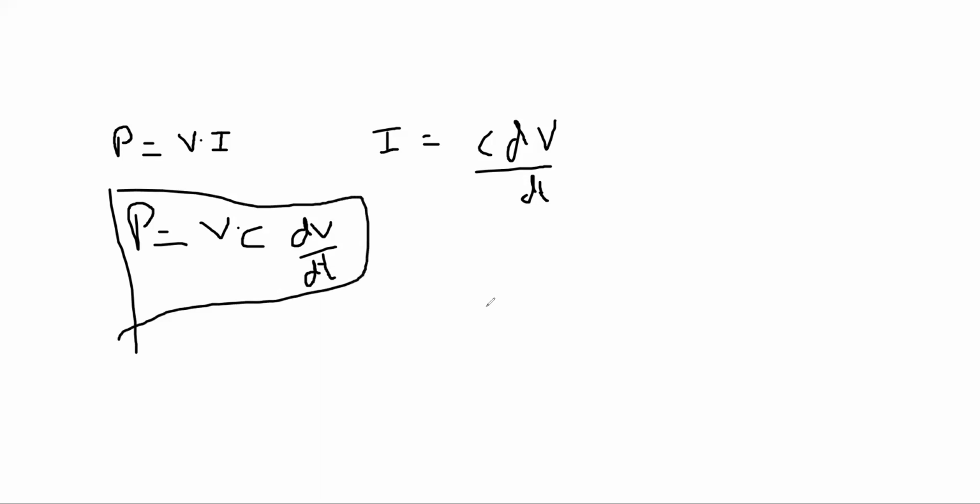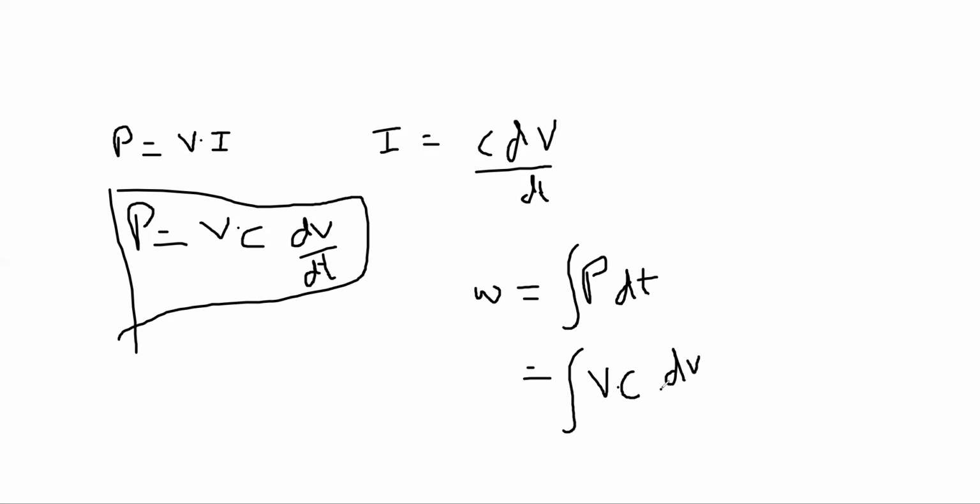Now you have to find energy. You know the energy across the capacitor is equal to the integral of power, p dt. I am a little bit fast because I discussed the past two lectures very slowly, and today I want to complete this. So you know the power is V C dV by dt. If you are having any problem, you can ask me. You are integrating dV by dt with respect to dt.